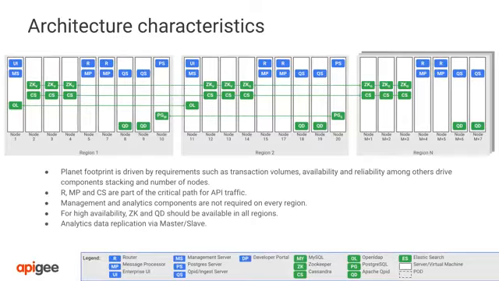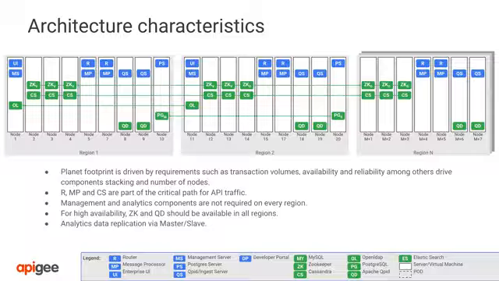Apigee Edge is built to scale. The architecture and technologies selected allow you to scale horizontally. Horizontal scalability applies not only to components in the same region, but also across regions. Apigee Edge planets can contain 1, 2, 3, or more regions. As you scale horizontally and add regions to a planet, remember that not all components need to scale equally. Adding components for a specific functional area must be driven by requirements associated with that area.